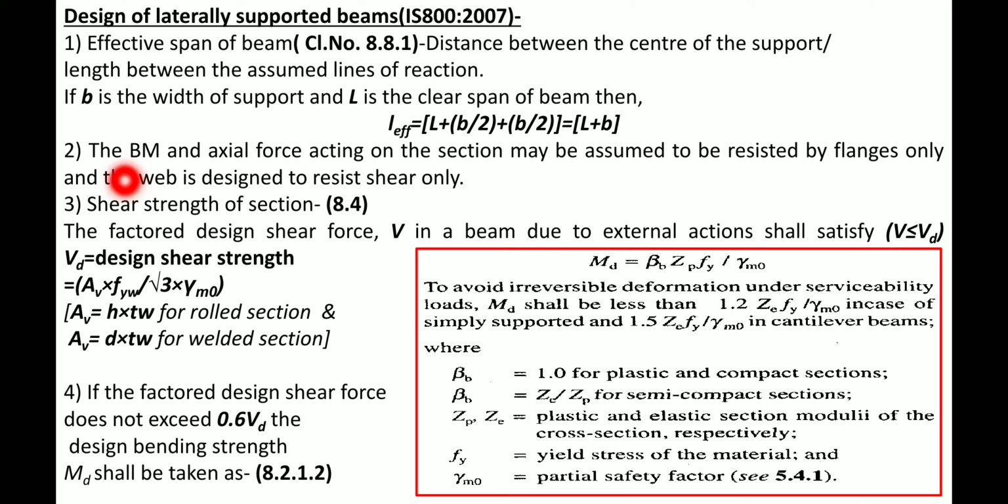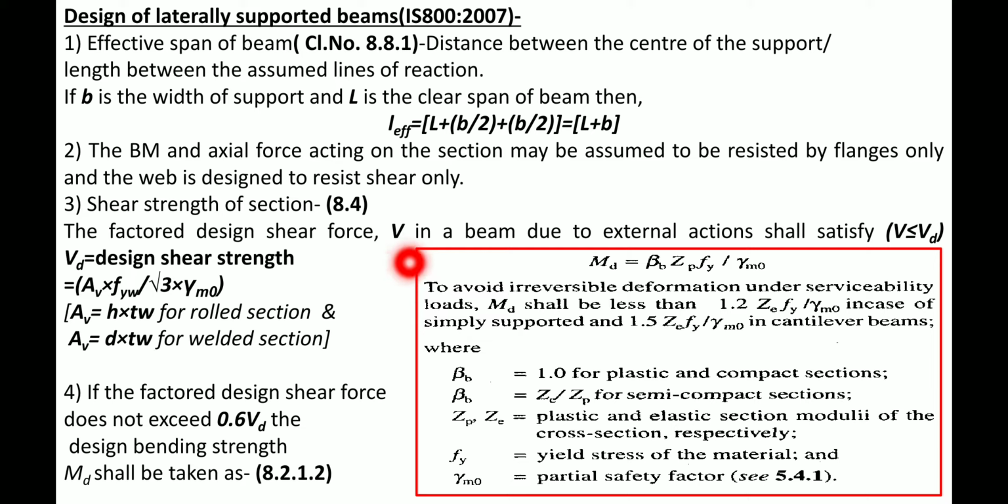Second, we are going to find out the bending moment. Now, the axial force acting on the section may be assumed to be resisted by the flanges only, and the web is designed to resist the shear only. Here we are going to find out the shear force. Then the shear strength of the section as per clause number 8.4. The factored design shear force